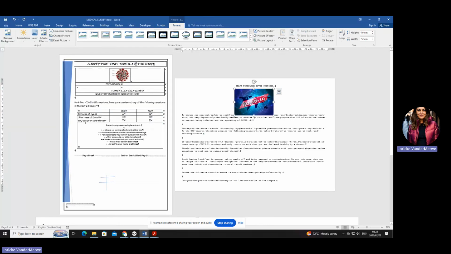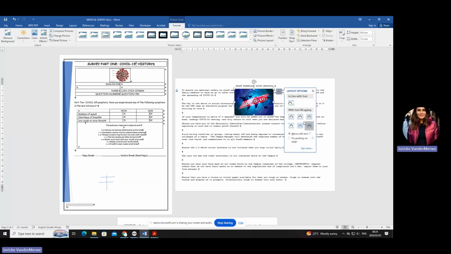Now look, the only thing you have to be able to do in N6 is know that you need to format your picture. They ask you that it needs to be formatted in front of the text. So if you can't see that it's in the front of the text, just hover your mouse until you find it. Okay, so that's the first one. The second thing you have to do is to align it in the center. Okay, so don't drag it around, just go to align and say center while you have the picture tools open.